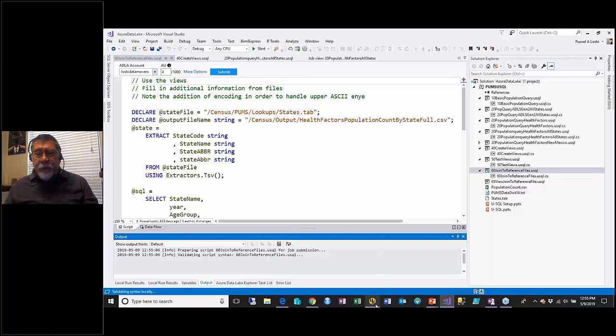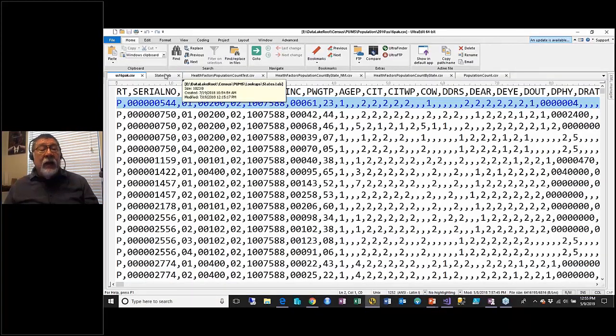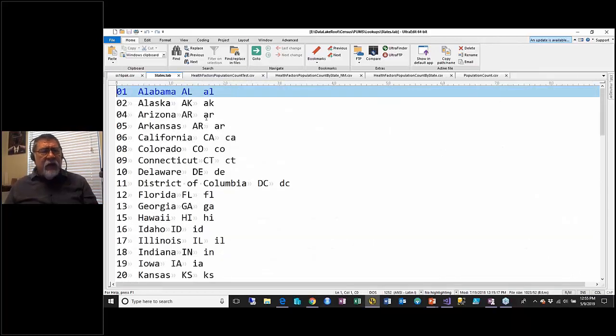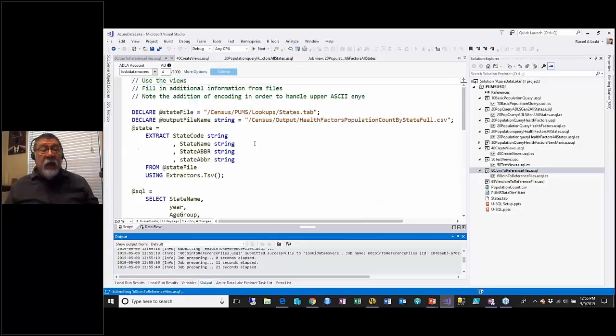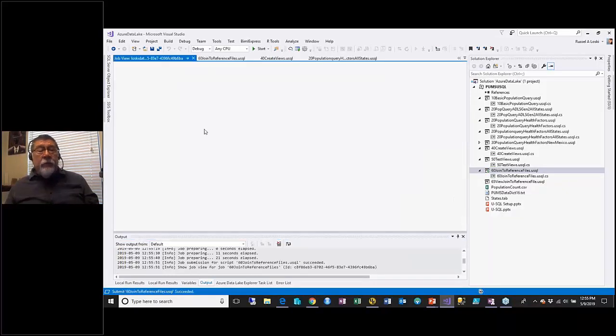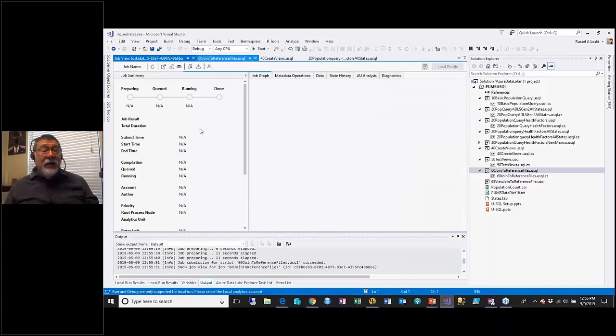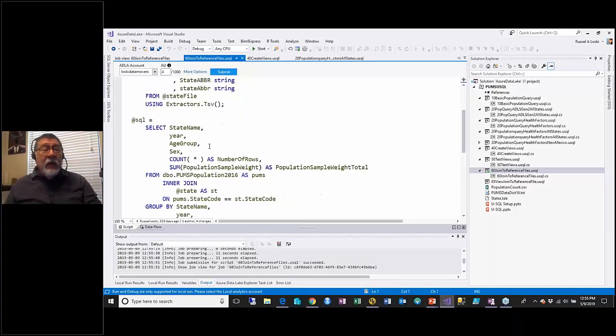I have a file that I extracted from the documentation. It has the code, and it's tab delimited. I don't have a column header, though I may add it in the future. It has the code that's used, the name of the state, the abbreviation in uppercase, and then the abbreviation in lowercase. And then I just have an extract statement, and notice I have TSV rather than CSV because that's a TSV file. Then in my SQL,